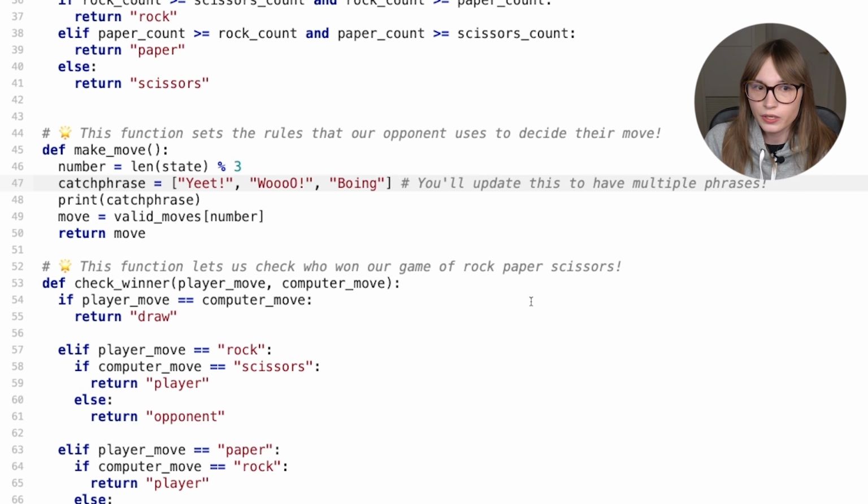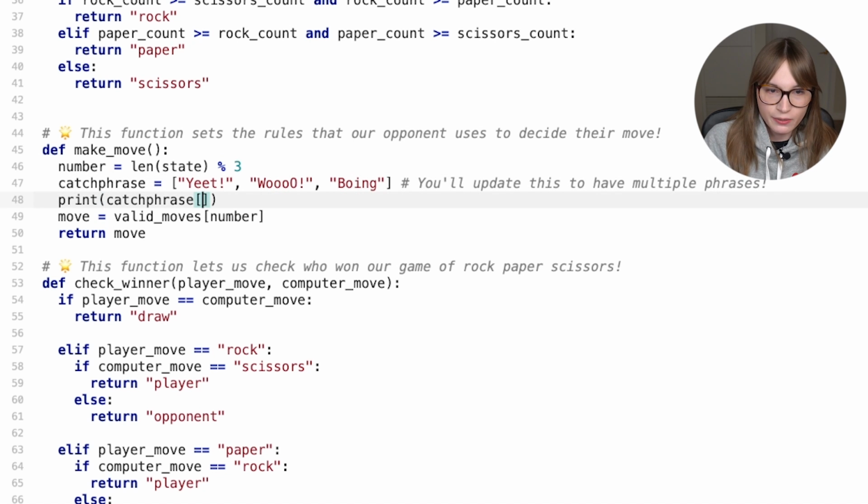To do that, we use some square brackets around its name. So, where we're saying print catchphrase, let's say we want to print catchphrase number. Now, because of our code on line 46, the first time this runs, it will print yeet, then woo, and then boing. This is the exact same way our computer decides which moves to play.